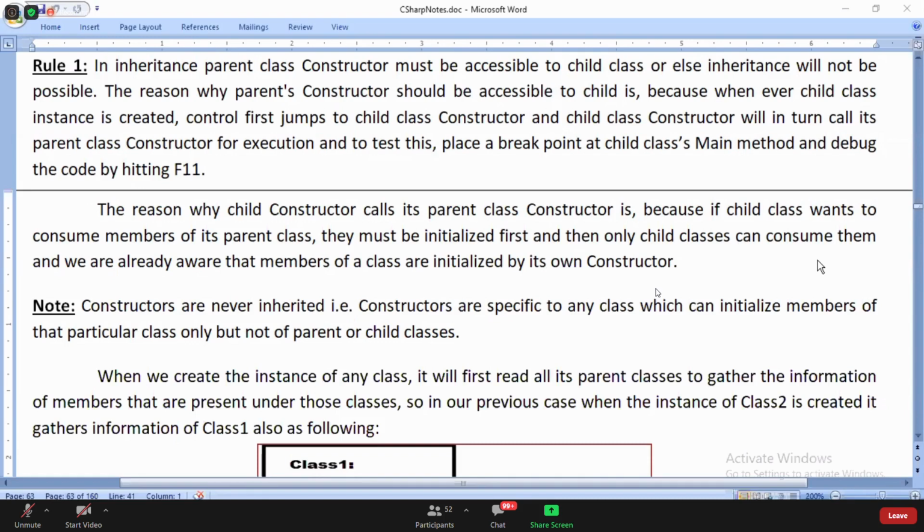Private members of a class and constructors of a class are like the job of the parent. They are never inherited. Did you get me? Okay, fine.